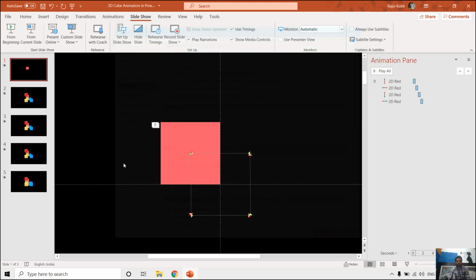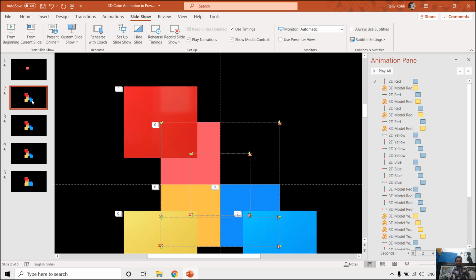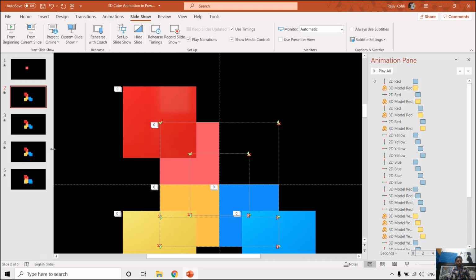And now if I only want to see the slideshow in a continuous loop of the first slide, then what I can do, I can select all of the rest of the slides from the thumbnail view, and you can collapse and expand this thumbnail view right from this holder here.